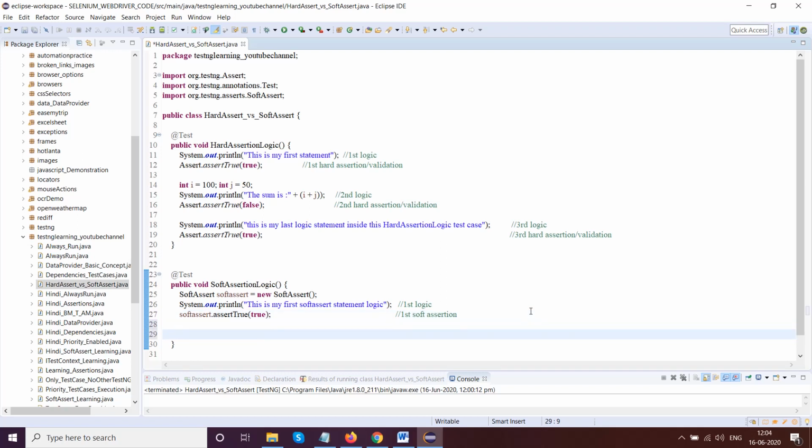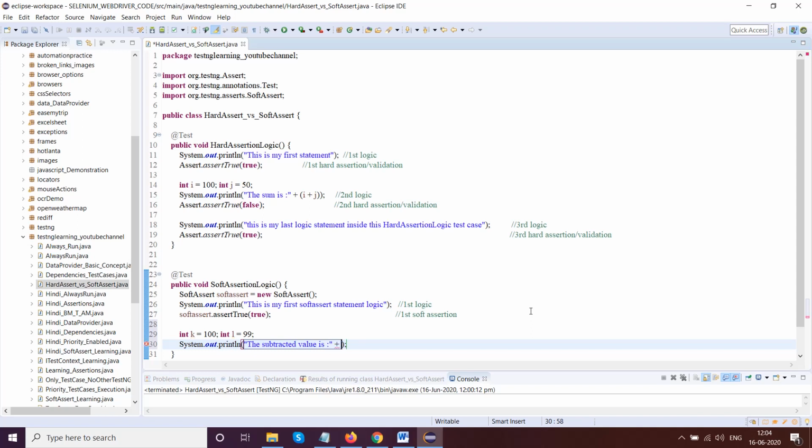Second logic. I'll write the same logic here. Int k equals 100, int l equals 99. Then I'll write SYSO, "The subtracted value is", k minus l.